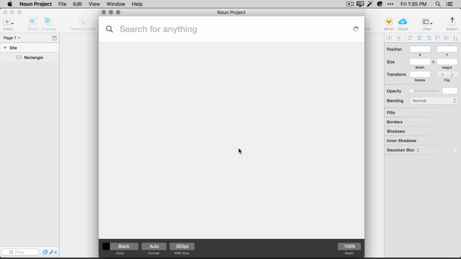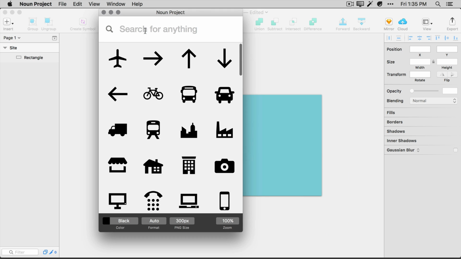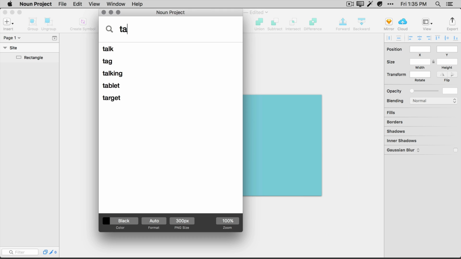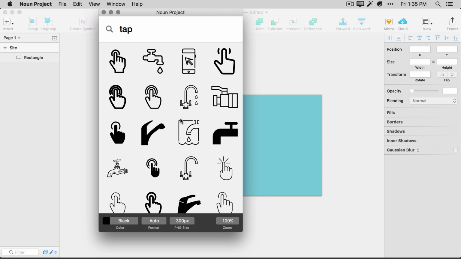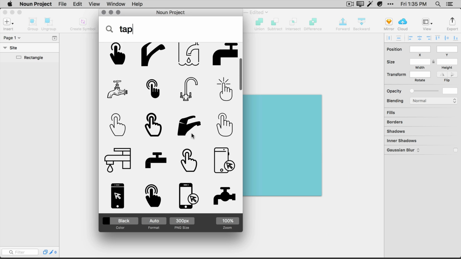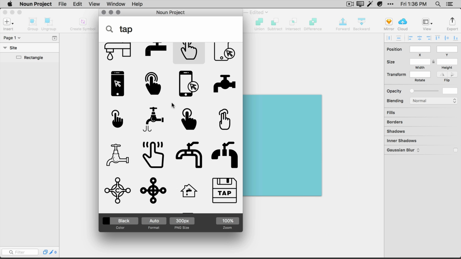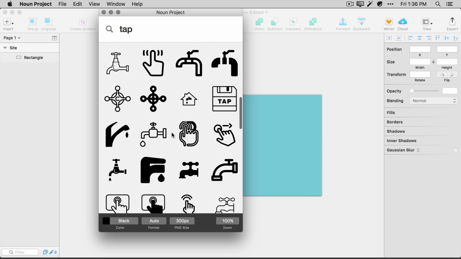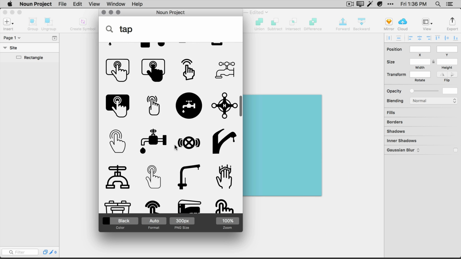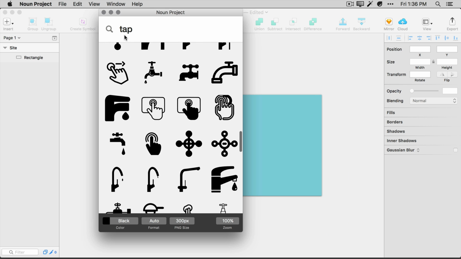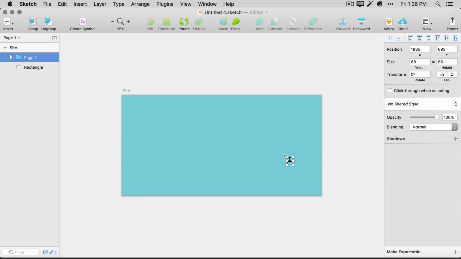And then for icons, I just have the subscription to the Noun Project, and I can search for different things like tap. And we can see it kind of gives me a bunch of faucets and the hand pushing the button, they're tapping on the screen. So for that example, I like the faucet, so I'm gonna find one that looks kind of neat and just drag it over. Blow it up pretty big, center it, and